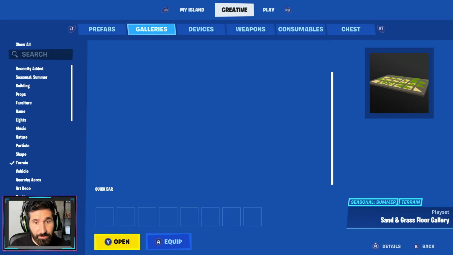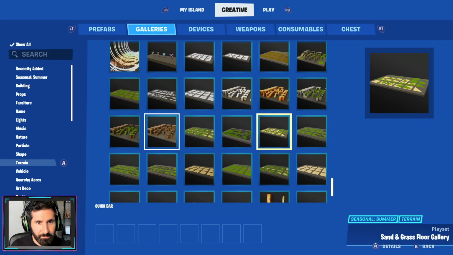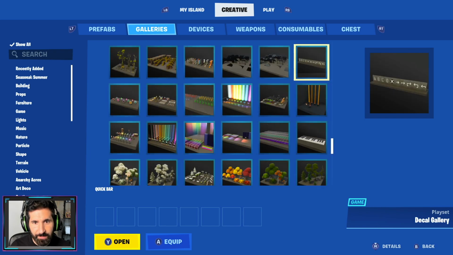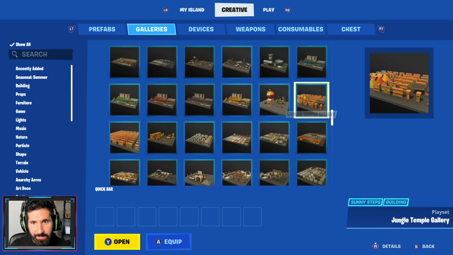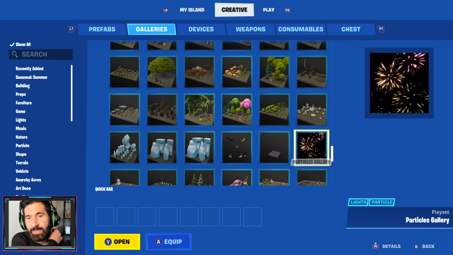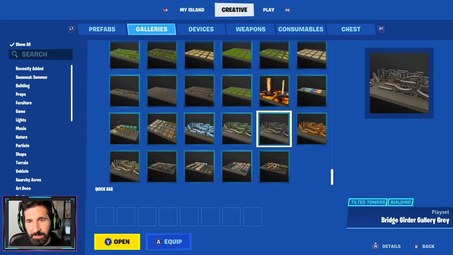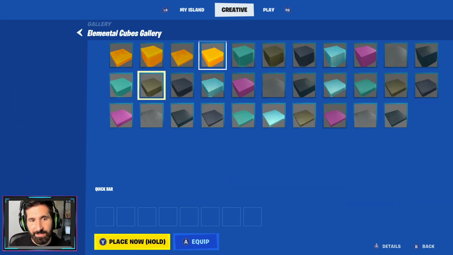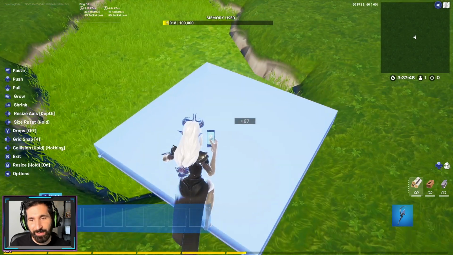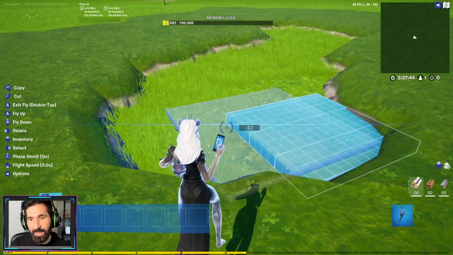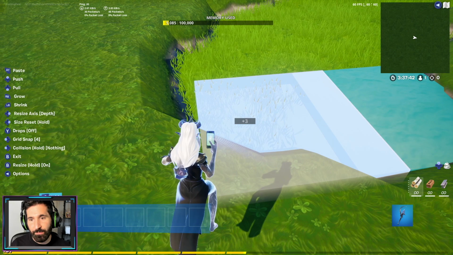galleries. We're gonna leave terrain, so we don't want terrain for this. What I'm looking for is actually at the bottom, I believe. There's like a water gallery. Now, sometimes you can use the clear water, but for this tutorial, because we're not really doing how to build a lake necessarily right now, I'm just showing you the basics of building, right? So I don't want to get too in depth, but we can go ahead and create